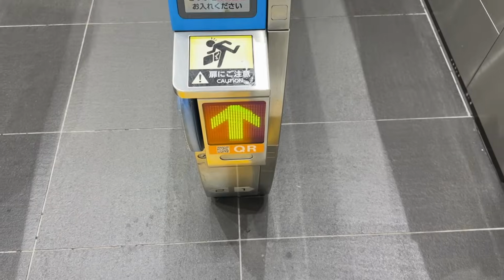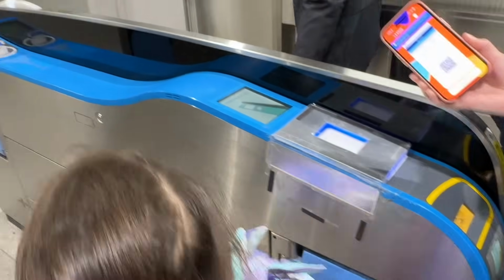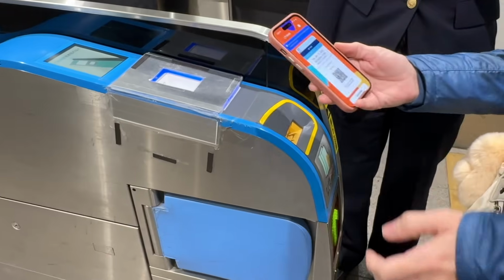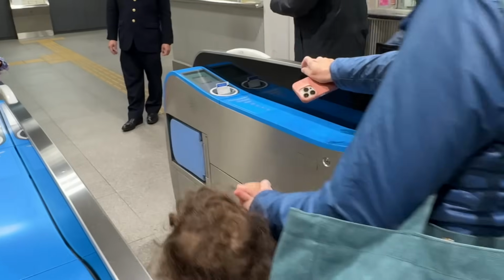For example, we started by finding the Shinkansen gate with a QR code scanner. I first brought up the QR code for my daughter. I scanned her QR code and had her walk through the ticket gate, picking up her seat information slip as she went. I then switched to displaying my QR code, scanned it, and walked through the ticket gate, picking up